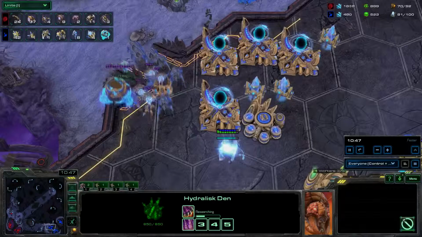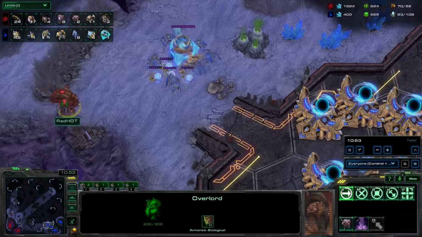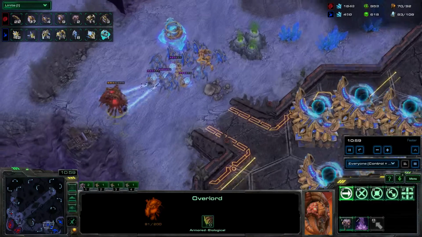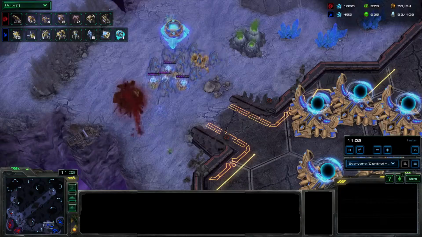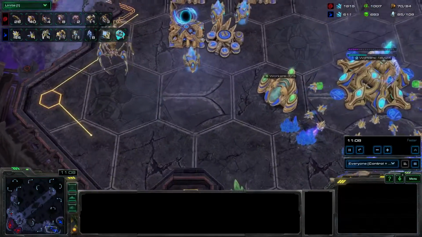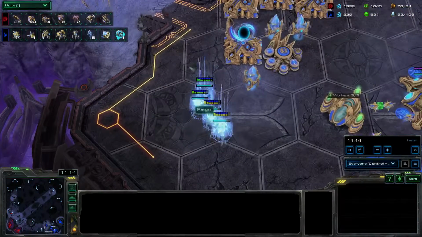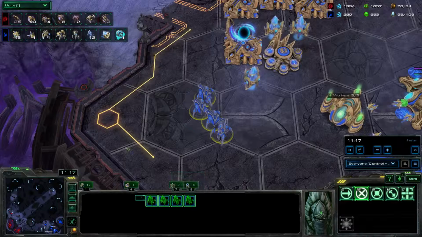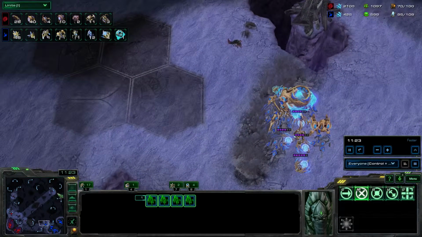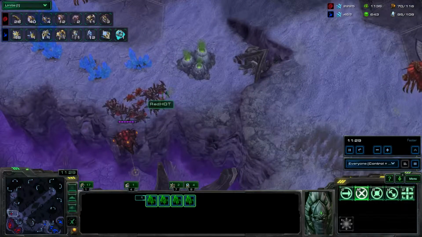Still, I don't think he has any clue where I am. There he goes. Now he finally sees me. Sees my little army here. Take out that Overlord. And then there is my first Colossus just coming out now. Warping in a bunch more Stalkers, and we make the push. Actually, I'm not pushing yet. I think I wanted to...